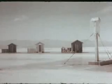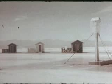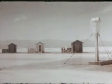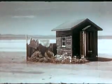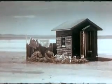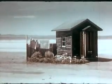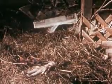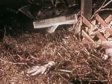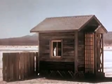Now, our third test. 3 identical miniature frame houses, each with varying exterior conditions, all the same distance from the point of the explosion. The house on the right, an eyesore. But you've seen these same conditions in your own hometown. Old, unpainted wood. And look at the paper, leaves, and trash in the yard. In a moment, you'll see the results of atomic heat flash on this house. The house on the left, typical of many homes